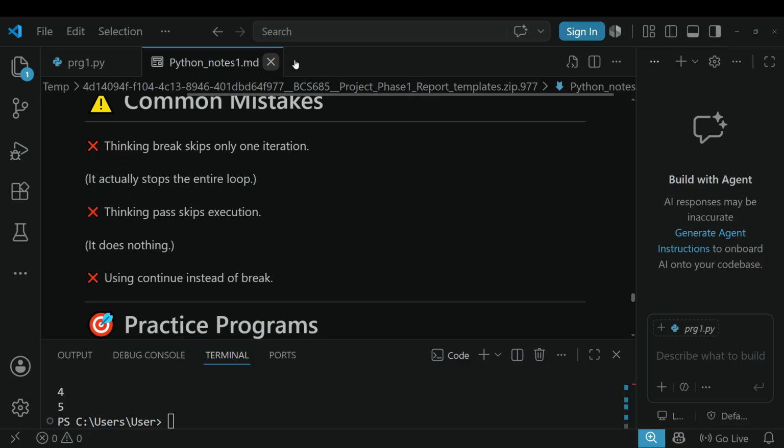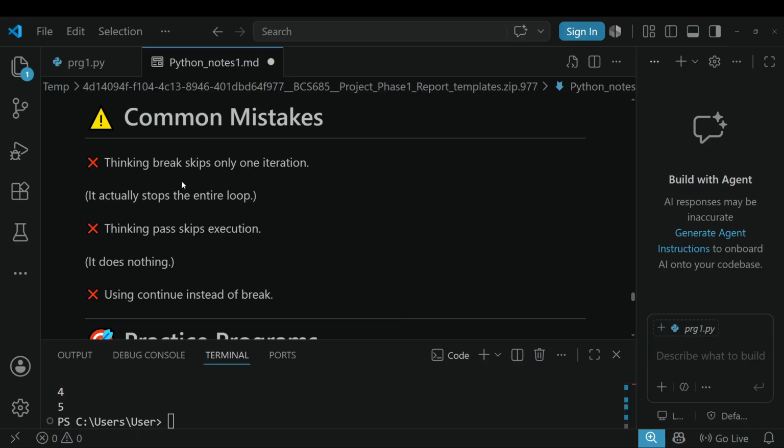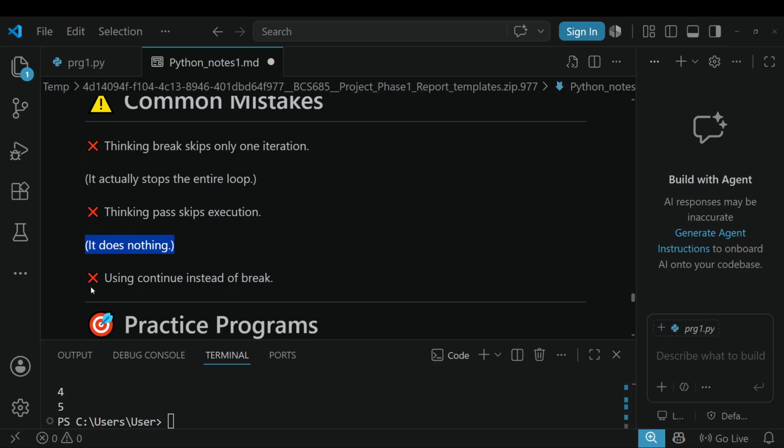See, these are the common mistakes you should not make. Thinking break skips only one iteration. No, it actually stops the entire loop. See, the entire loop will be stopped by using break. Thinking pass skips execution. No, it does nothing. Okay, pass won't affect anything, so you can use it freely. And using continue instead of break. See, using continue instead of break. Continue is different and break is different. Remember,